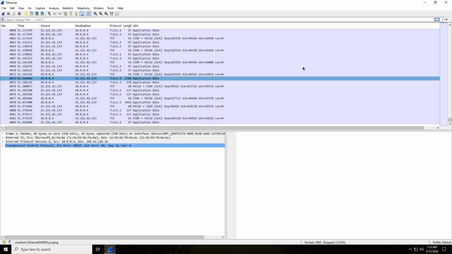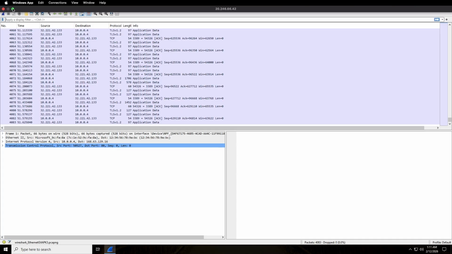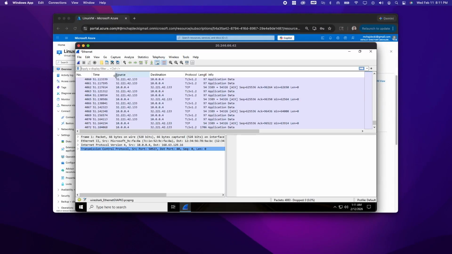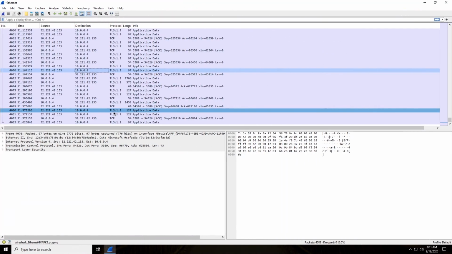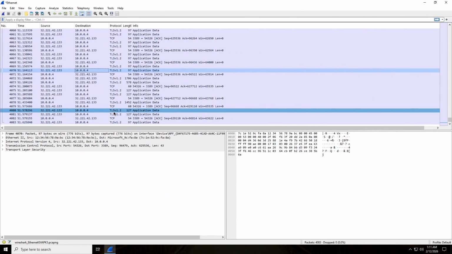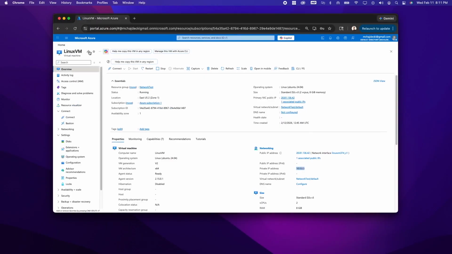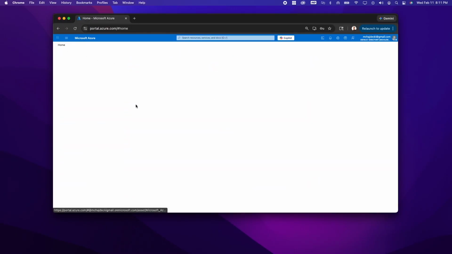So I'm on Mac, so you can minimize this tab and your Mac will be shown there, or you can swipe three fingers to the right and basically go back and forth between the Windows virtual machine and the Mac computer. So we want to go back to the Microsoft Azure portal and click on the Linux virtual machine,